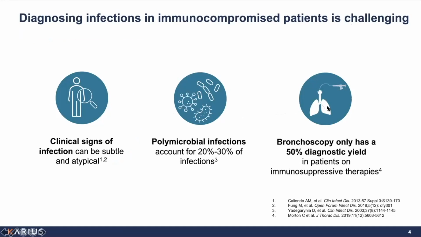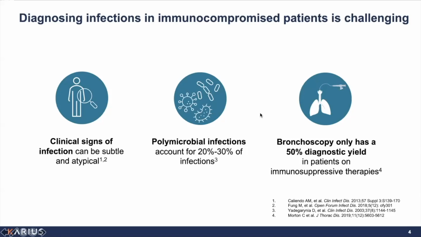Diagnosing infections is challenging in the immunocompromised patient. There are clinical signs of infections that can be subtle and atypical. Furthermore, polymicrobial infections may be at play, including not just bacterial infections, but also viral or fungal infections in the same individual. While quite valuable for both diagnostic and therapeutic purposes, bronchoscopy and other invasive diagnostic procedures may not be feasible in many patients, with literature noting a variable success rate in achieving a diagnosis, with further concern regarding risk